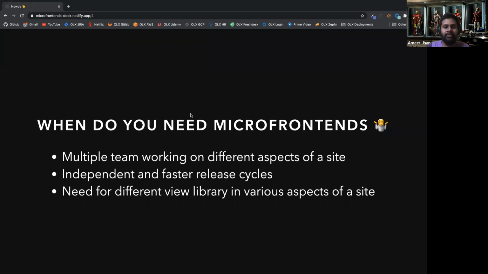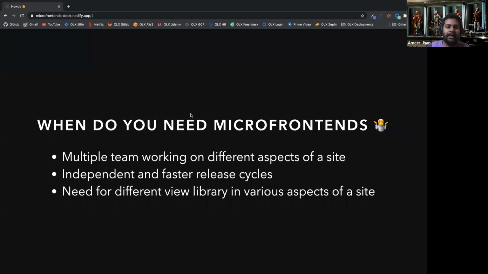Okay. So before adopting micro frontend, you need to ask these fundamental questions. Do you have multiple teams working on different aspects of your site, and they are having bottlenecks because of each other, right? Let's say you have a team fully dedicated to the landing page, or a team fully dedicated to the profile page. Should you put constraints on each other on what they should use and how they should manage each other? Then I would say you should start thinking about micro frontend.